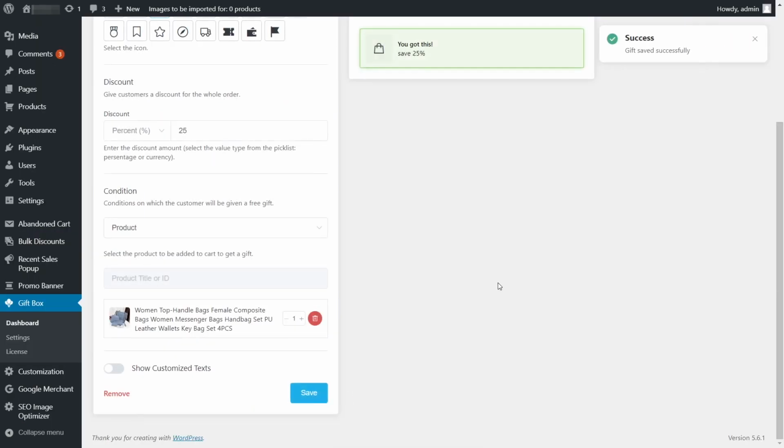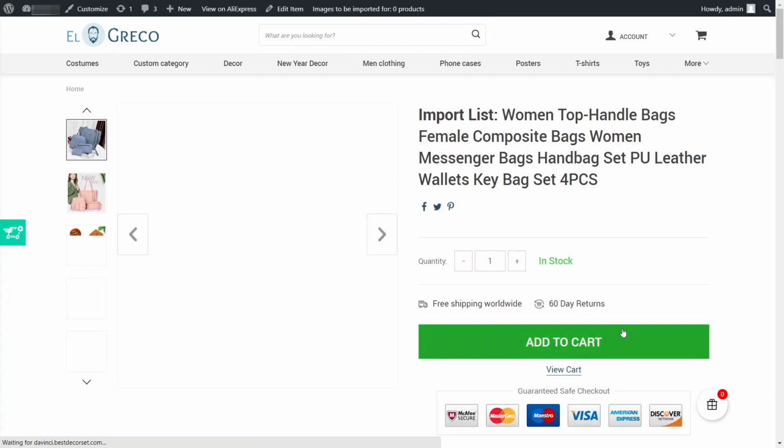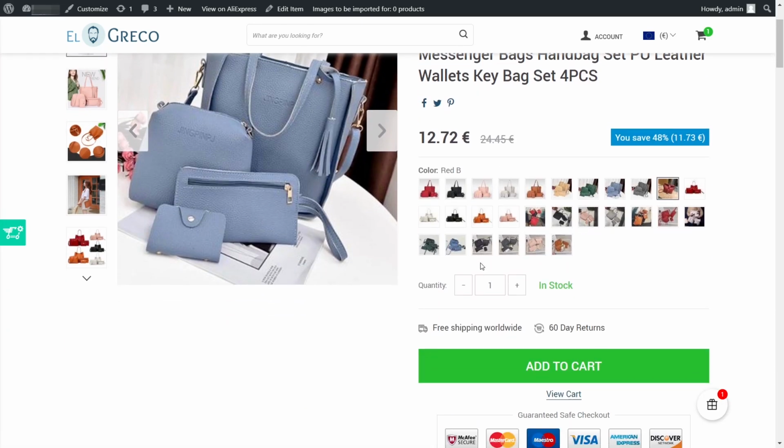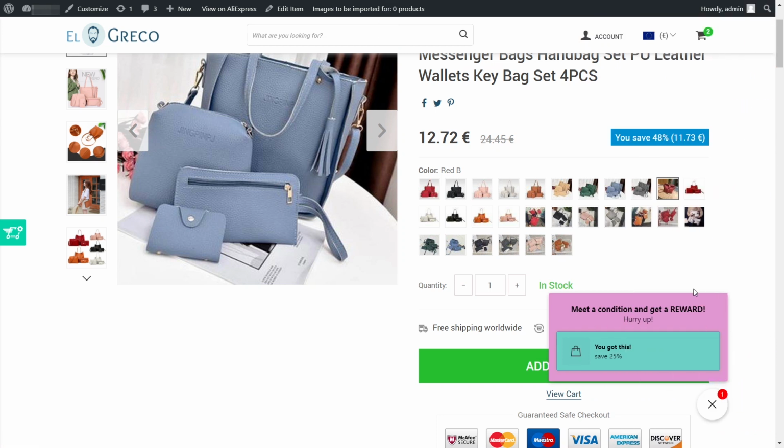Now let's have a look at how this Giftbox widget looks on an actual site. Once we visit a store, the pop-up opens to notify us about tempting offers. Let's say we want this 20% discount. We add this product to our cart along with others. Notice how the widget has changed? This means we've met the conditions and can get our gift now. The customization of other discount types is pretty similar. We are sure you can sort everything out.